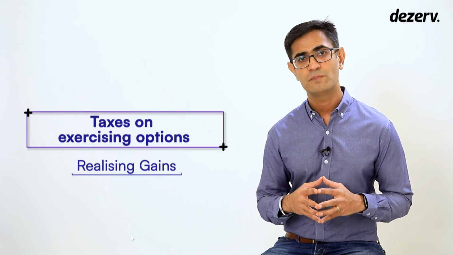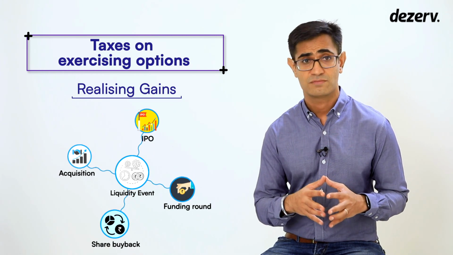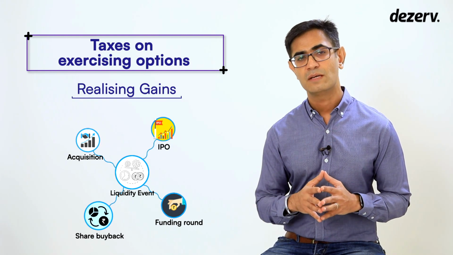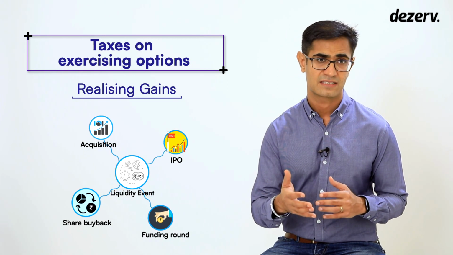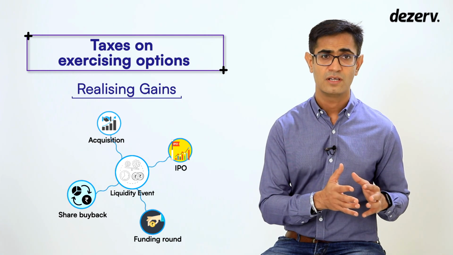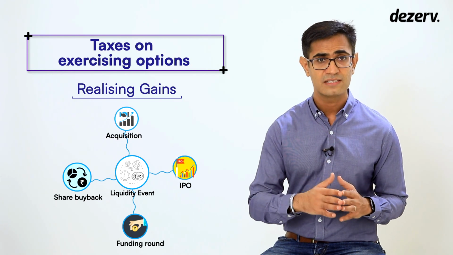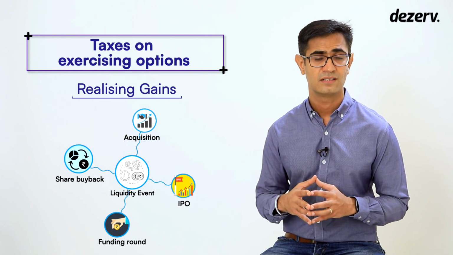This is why a lot of people wait for a liquidity event such as an IPO or a funding round, share buyback or an acquisition, etc. These events allow the employees to sell their stocks and get the rupee amount from which they can pay the taxes instead of paying them from their pocket without receiving anything in their bank. The chance of such events happening increases over a longer period of time, and hence a longer exercise period is considered employee friendly. We hope this series helped you understand your ESOP plan and the current job better,